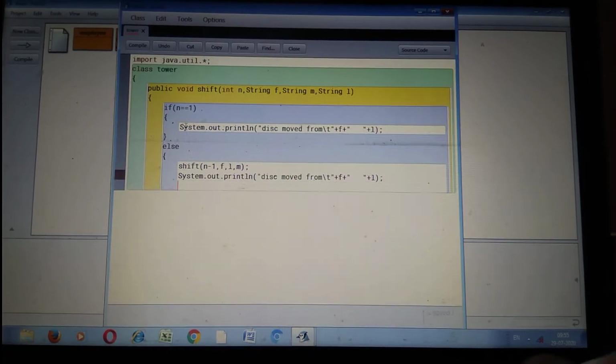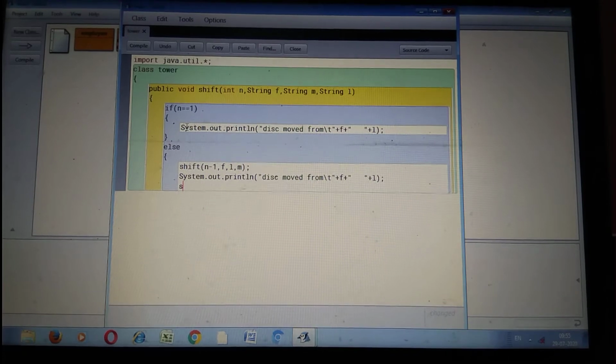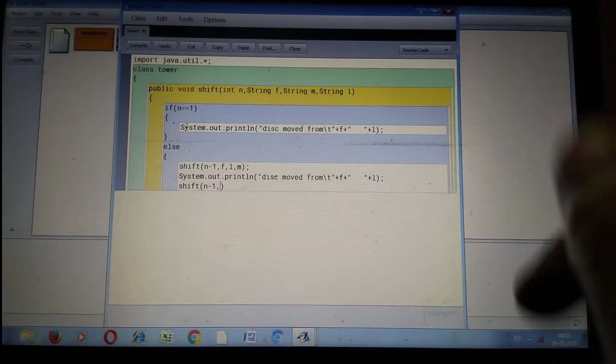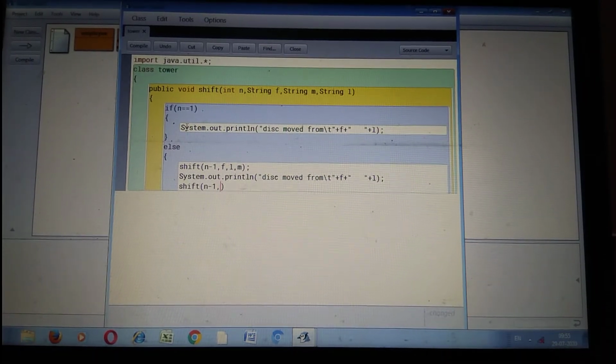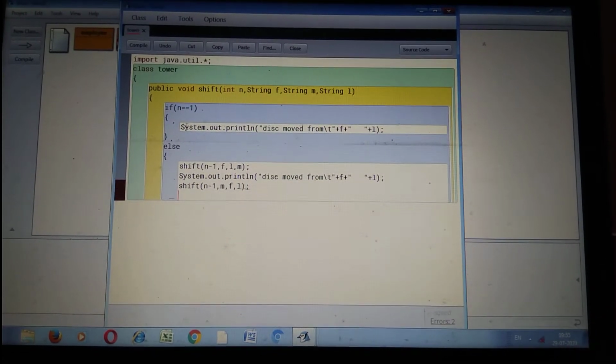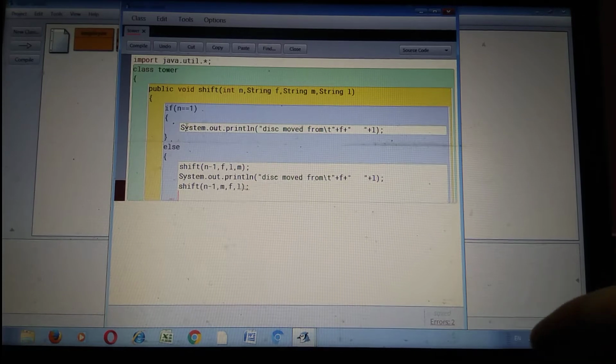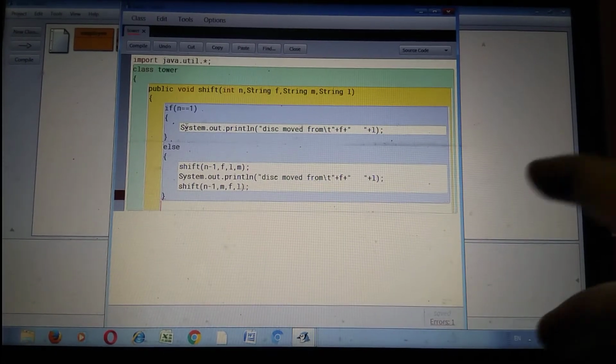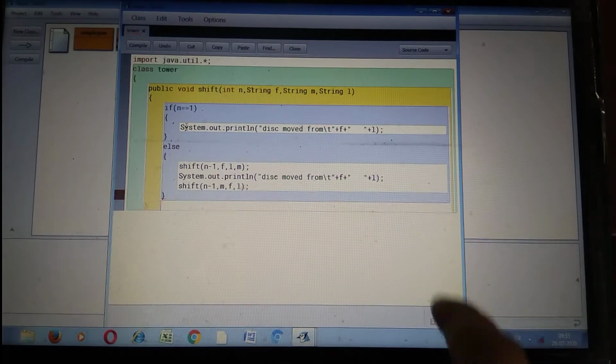Okay. After this, again we call the shift function, n minus 1, comma, middle first last. Okay. After this we close the else part and close the function.